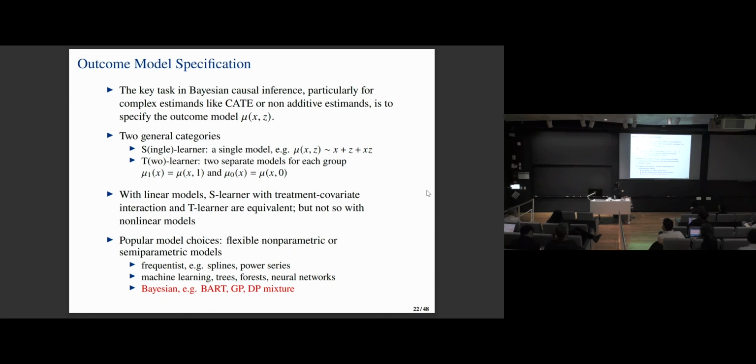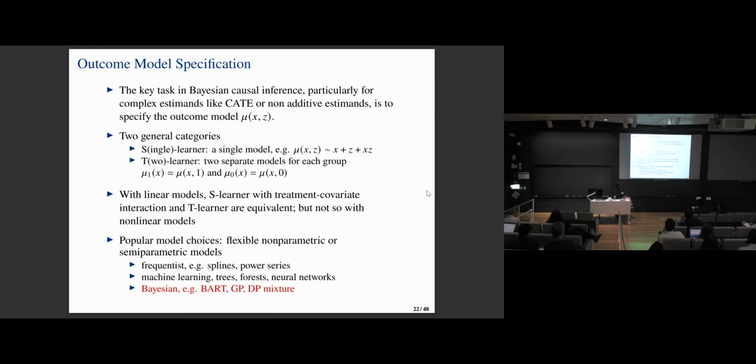Or the simplest case is a linear model with an interaction term between the X and Z. Or the so-called two learners, two separate models for each group. So for each group, then you can do this. For linear models, these two approaches are the same. But in practice, now more and more in high-dimensional settings, people use machine learning methods, like the trees,